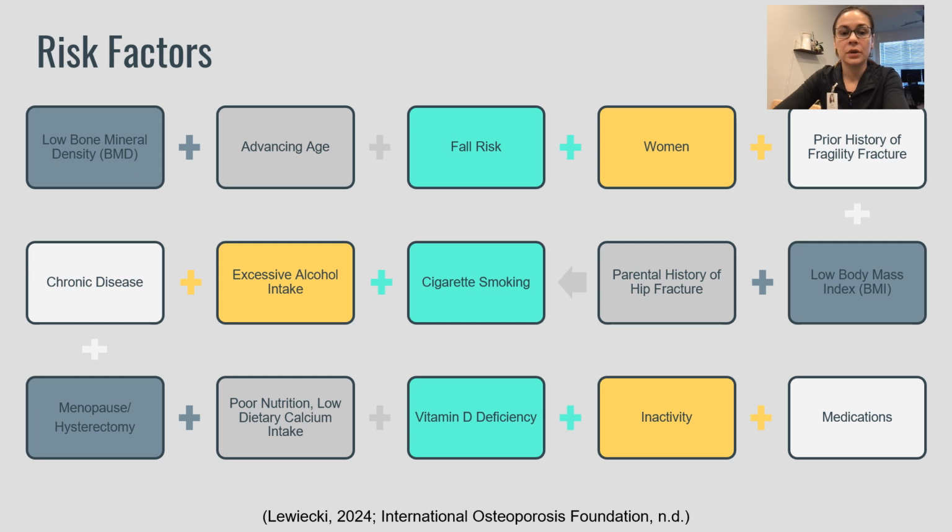The risk factors include low bone mineral density, advancing age, fall risk, women, prior history of fragility fractures, chronic disease such as rheumatoid arthritis, nutritional and gastrointestinal problems, chronic obstructive pulmonary disease and asthma, endocrine disorders, immobility, chronic kidney disease, HIV/AIDS, cancers including prostate and breast cancer, hematological disorders, and psychophysiological disorders and mental illness, excessive alcohol intake, cigarette smoking, parental history of hip fractures, low body mass index, menopause or hysterectomy, poor nutrition and low dietary calcium intake, vitamin